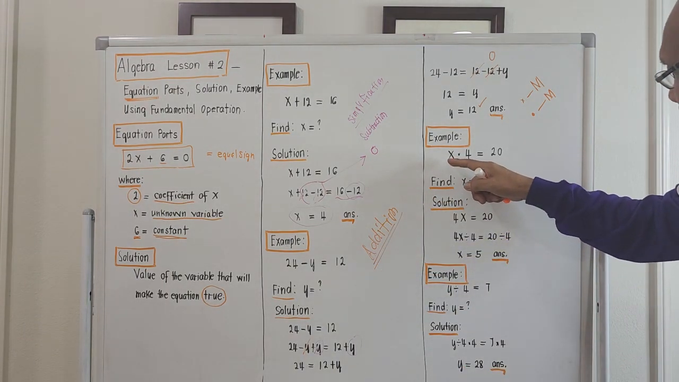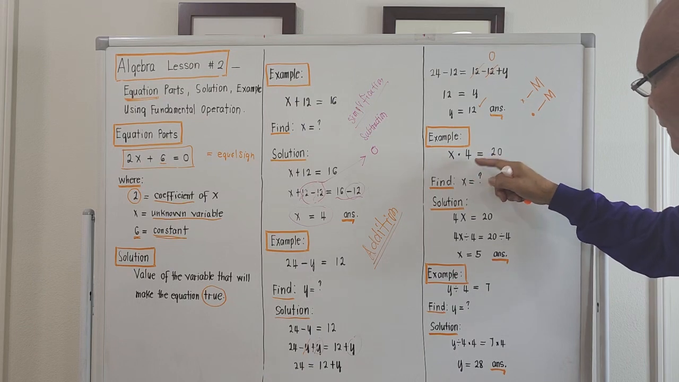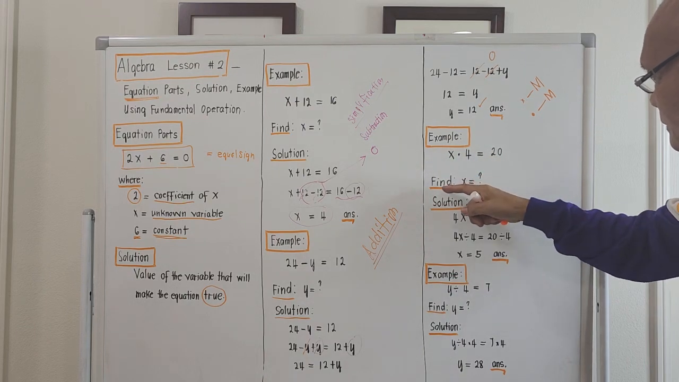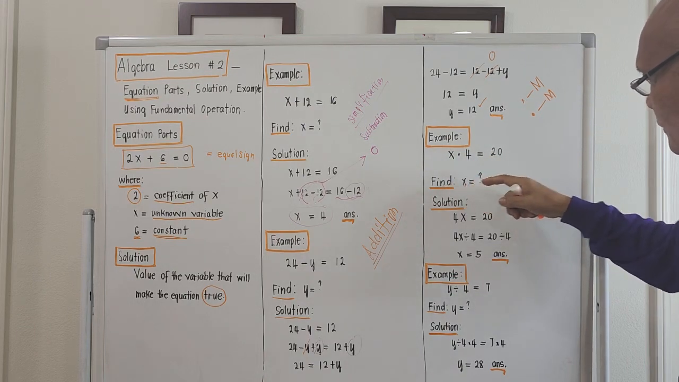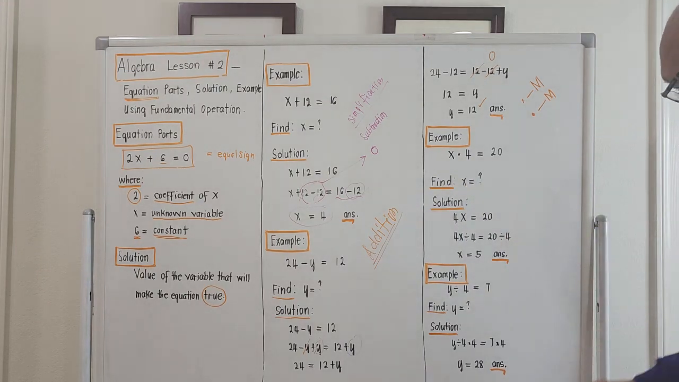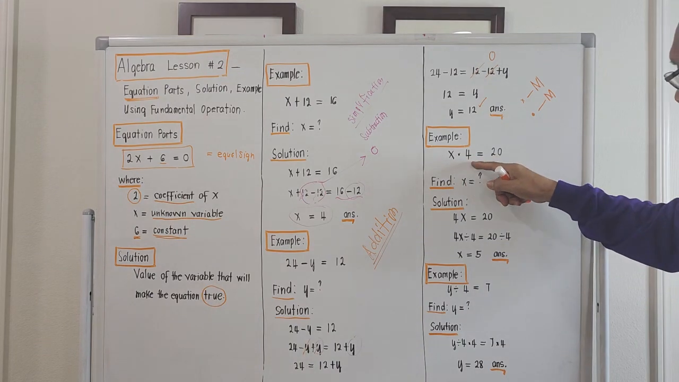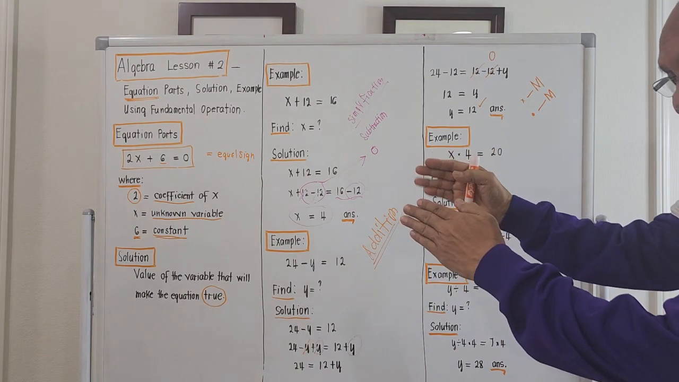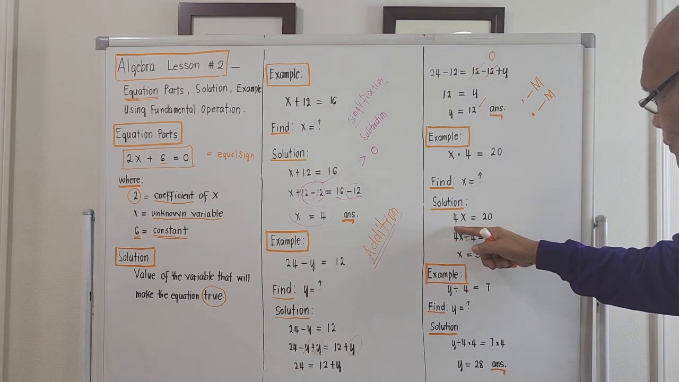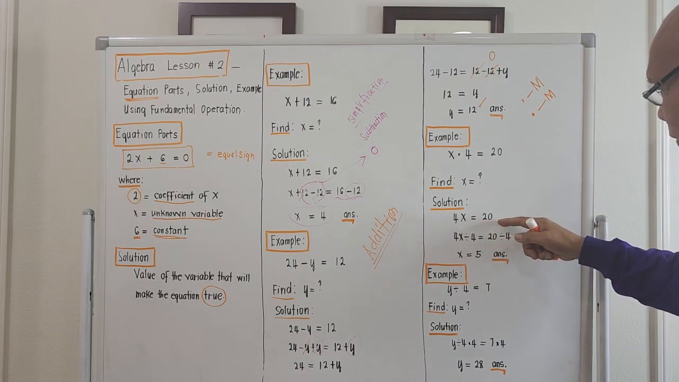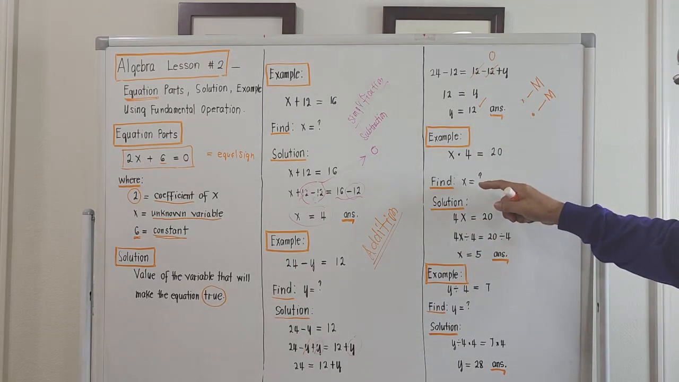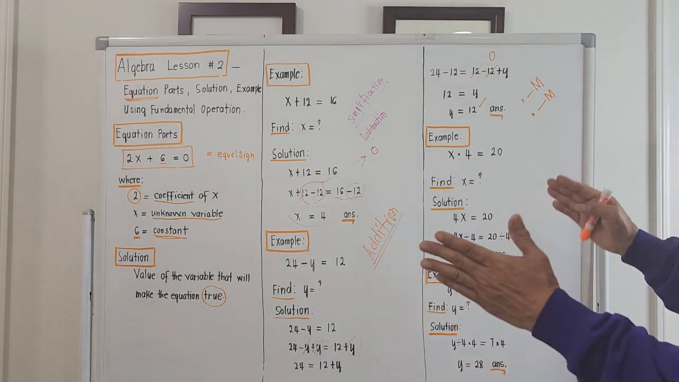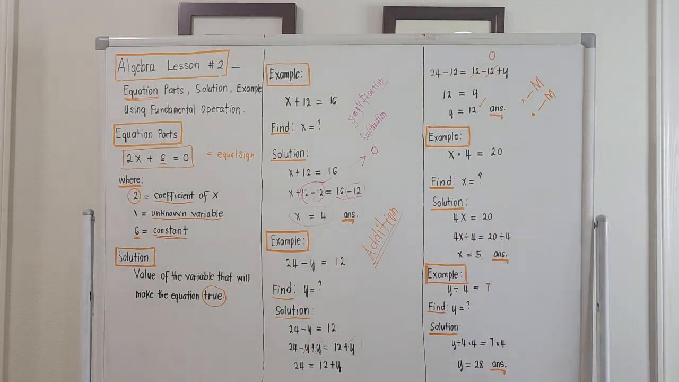So this capital letter X times 4 should be equal to 20. The problem is asking what will be the value of x. Okay. X times 4 is 4x, right? So 4x now should be equal to 20. The problem is asking for the value of x, right? So to find the value of x